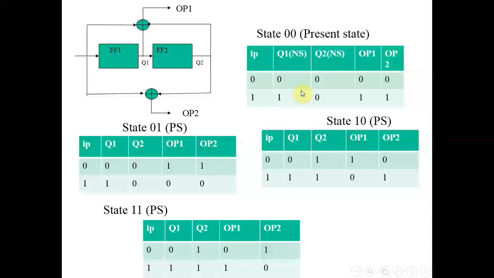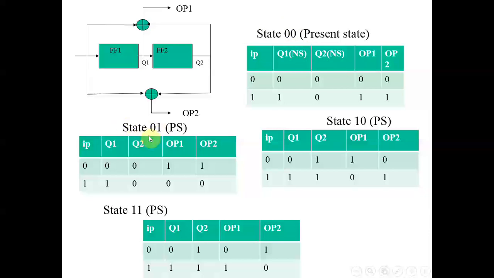Now you are in state 0 0, and 1 is applied. So what will be this output? This output will be 1, because this XOR gate will receive 1, 0 and 0. So this output is 1. This XOR gate will receive 1 and 0. So this output will be 1, right? And this 1 will be transferred here in the next clock, and this 0 will be transferred here. So my next state will be 1 0. So when the present state is 0 0, input is 1, next state is 1 0, but output is 1 1. This is how your state 0 will have two transitions.